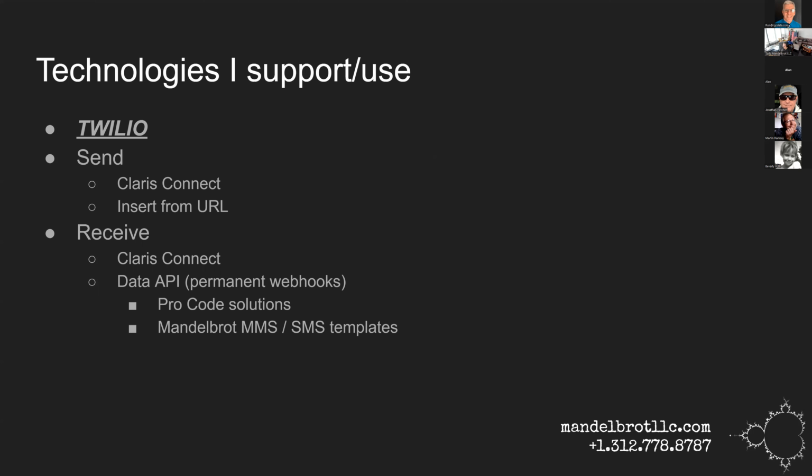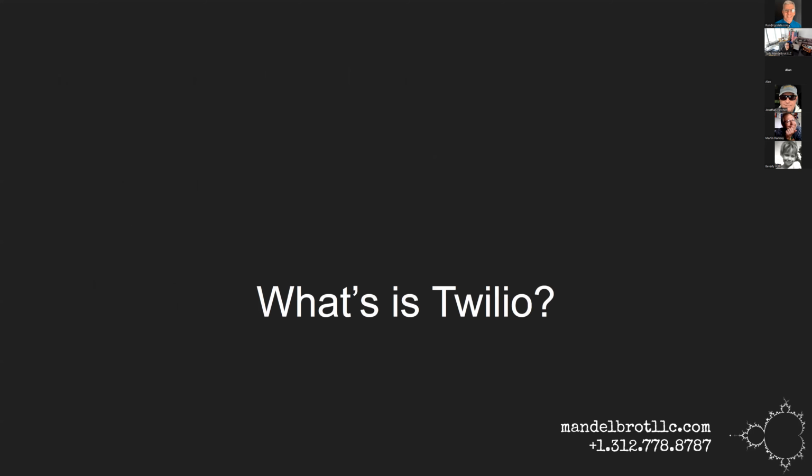The reason I like Twilio is because it's a large company that has a lot of different things outside of text messaging, and they're very developer focused. So they have the advantage of having more developers and better documentation than a lot of the other places I've investigated. As far as technologies related to FileMaker to access Twilio, Twilio is the messaging provider that Claris Connect uses. If you're not using Claris Connect, then you're going to be using Insert from URL and webhooks to send and receive your messages. So what's Twilio?